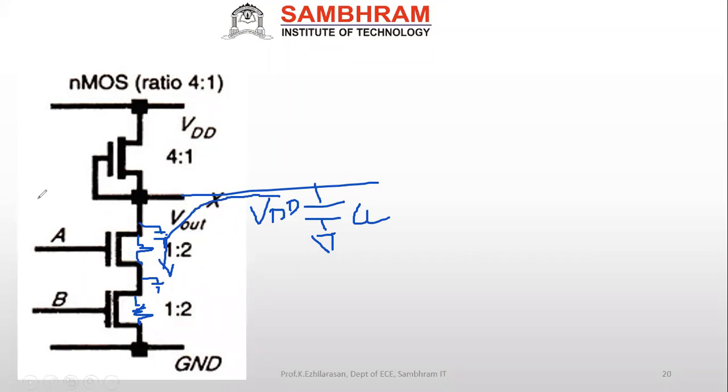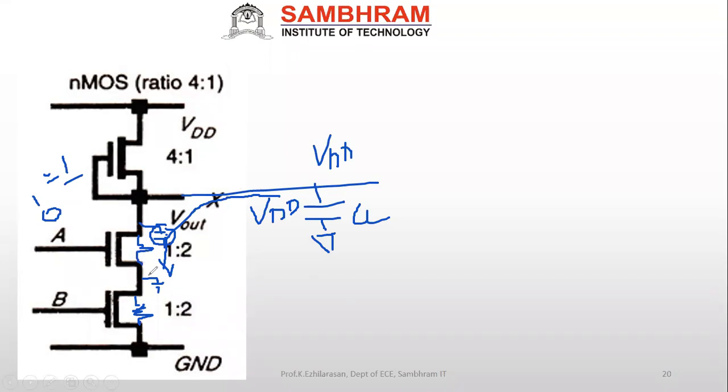So automatically I can say there is a problem in the V out. But as we know, if this is a NAND gate and I give 1, 0, my output should be high. I should get 1, that is VDD. But here I won't get the complete VDD, because there will be charge sharing. The charge will get shared with the input capacitance here. This input capacitance also will get charged. Then this will start to discharge through this.